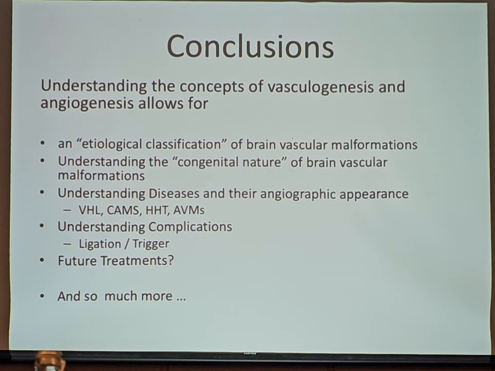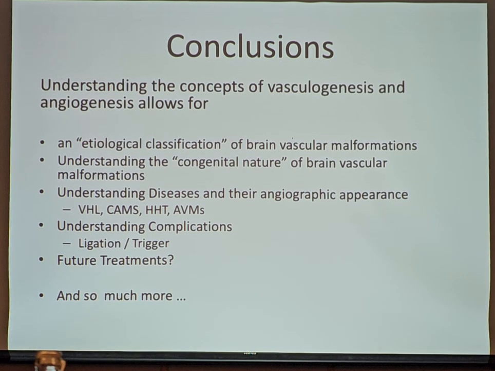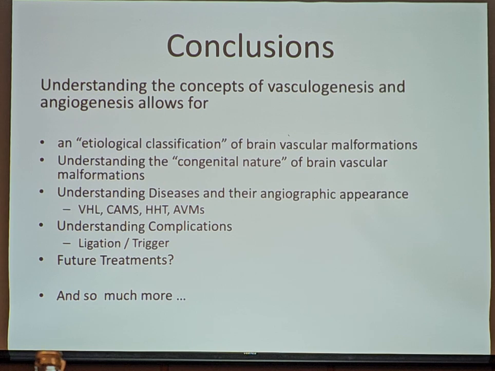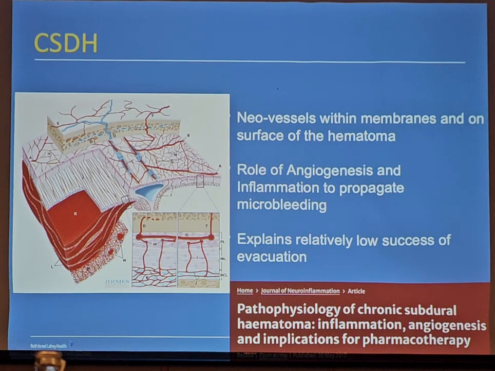And the last one that I just added recently is understanding these concepts of vasculogenesis and angiogenesis, which allows for so much more. Who of you is treating chronic subdural hematomas? I would believe the majority nowadays, after all of these positive New England Journal of Medicine studies. But why is it actually working? And is there a difference whether you're using coils versus particles versus liquids?